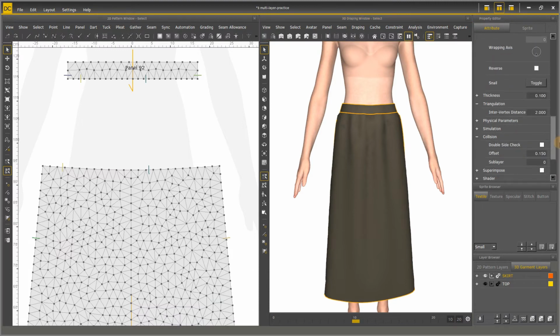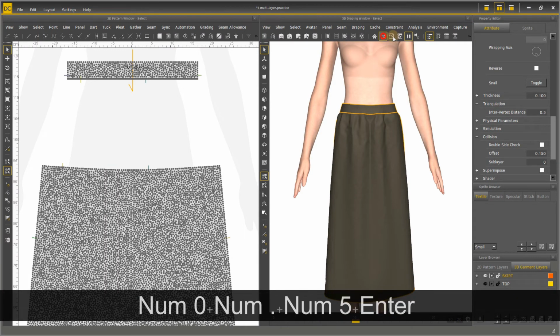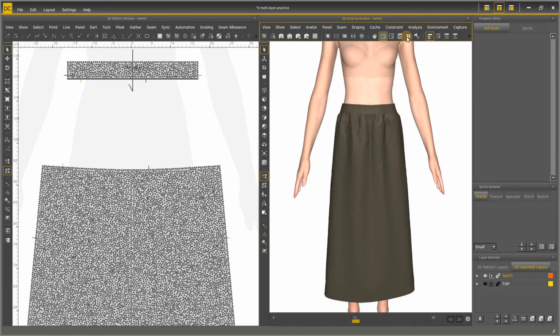If I change to 0.5 and simulate, the simulation becomes delicate but takes more time. Generally, we will set the intervertex distance between 0.8 to 1. But if some special situations require, you can always adjust the setting to gain better results.